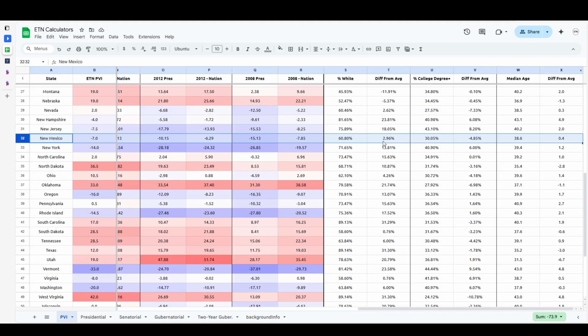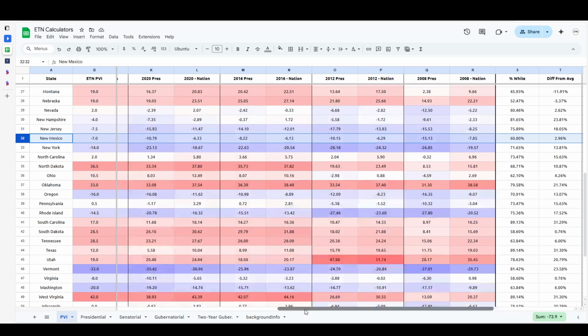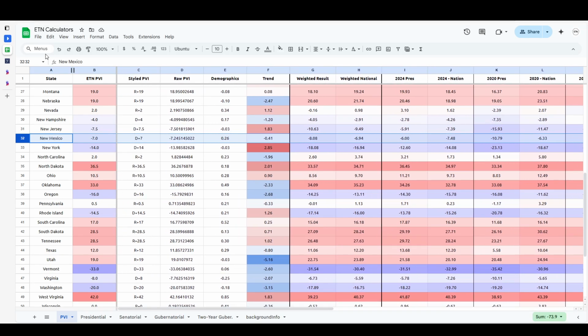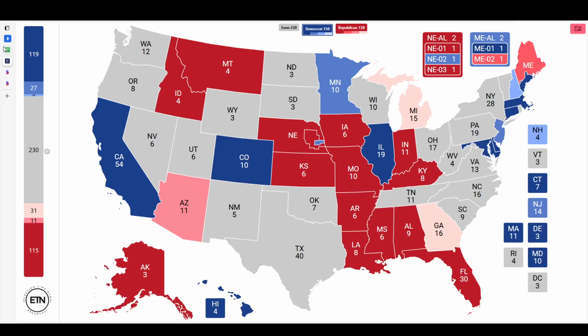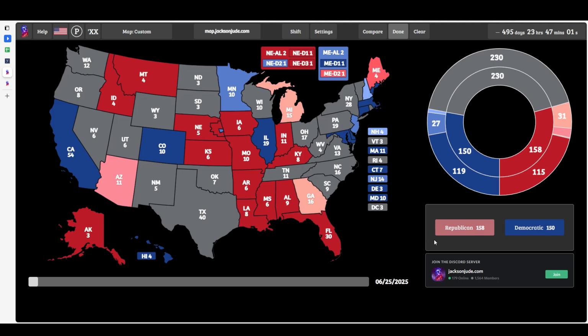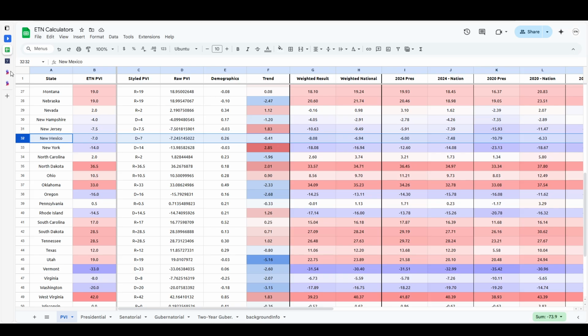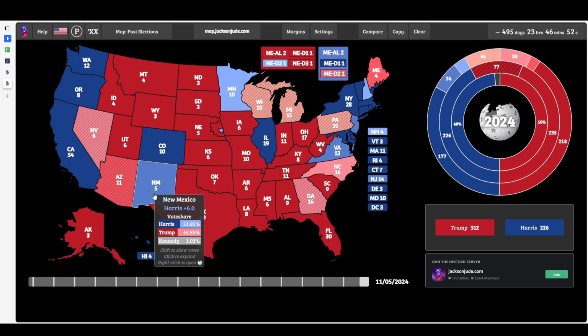Anyway, it's actually a bit whiter than the rest of the nation, interestingly enough, even though it has a high Latino population, which is part of why it's been driving to the right, but it's actually going to be D+7 at the end of the day here, D+7 in the state of New Mexico. So that is still going to be a somewhat considerable number for the Democrats